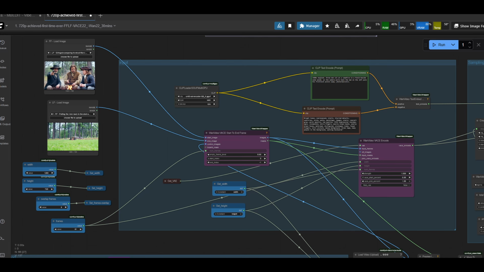So here we are at the start of the FFLF workflow, with my first frame and my last frame going into VACE encode nodes. I don't really need to touch it, but it does have my memory trick of using a GGUF model for the clip. This is of course a wrapper workflow, not a native workflow, which means it's got Kijai in the back end coding it in. I should mention I haven't updated my ComfyUI installation of my Kijai nodes in quite a few days now, mostly because 5 days ago I spotted someone having issues with copy and pasting nodes, and I haven't seen them say it is fixed yet.